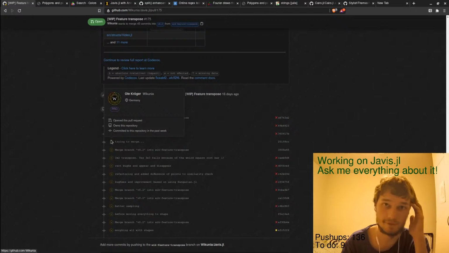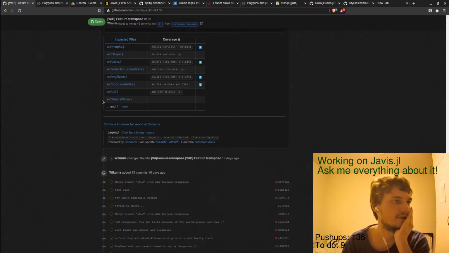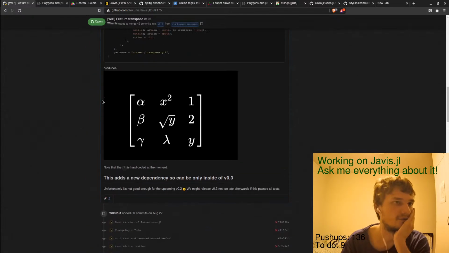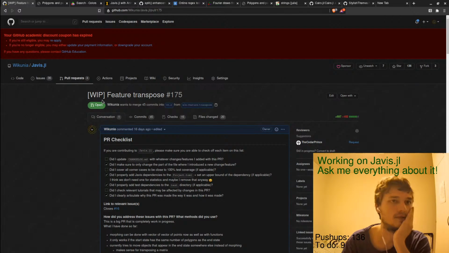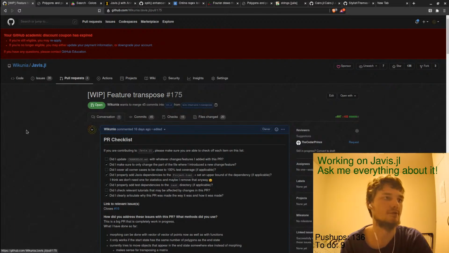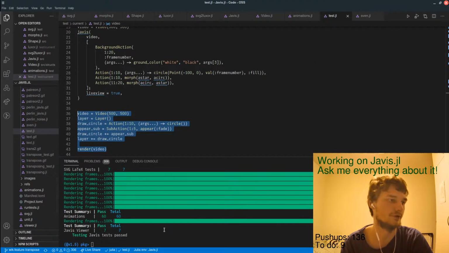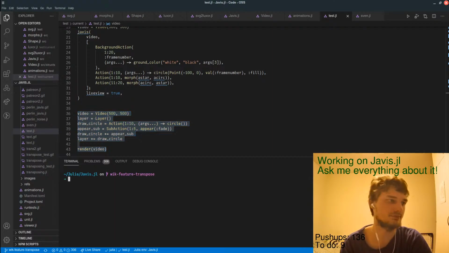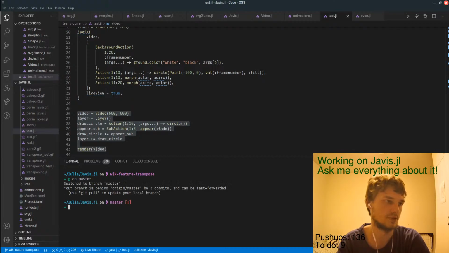So yeah, I probably want to wait for the code coverage stuff because I think I can remove some methods. Just wanted to be sure about that. And then I want to create a version 0.3. So, master.